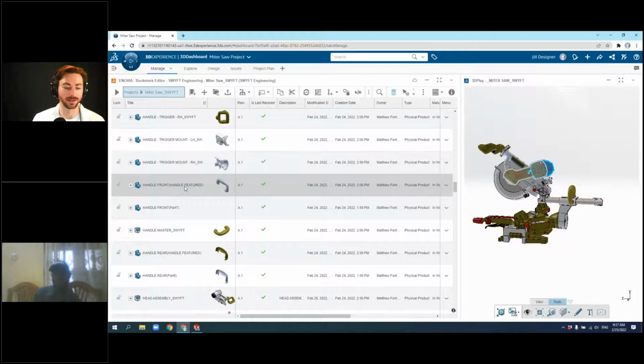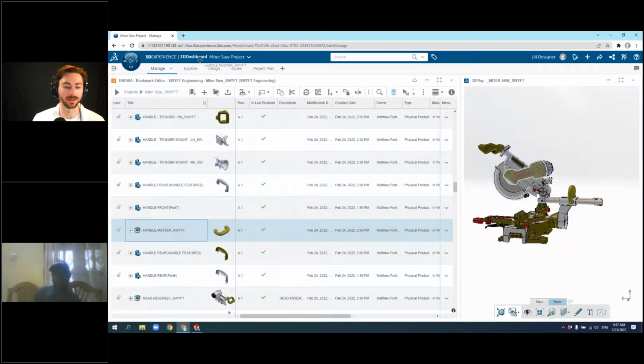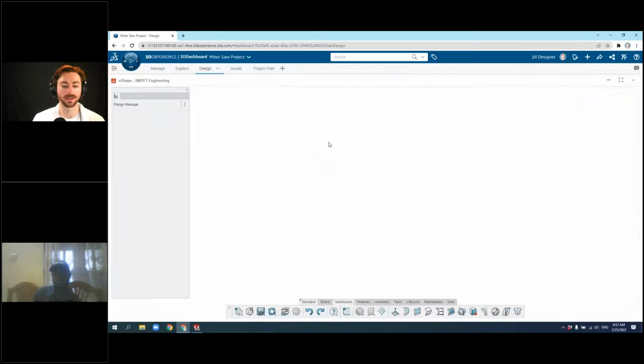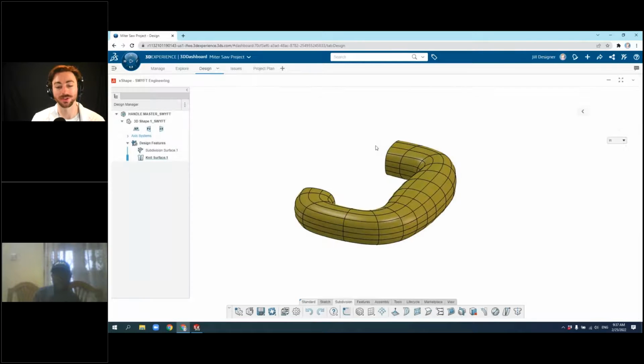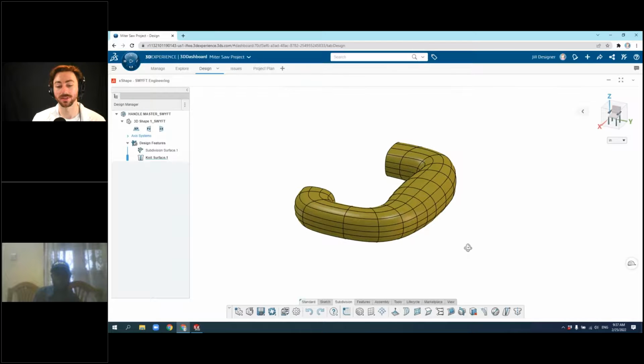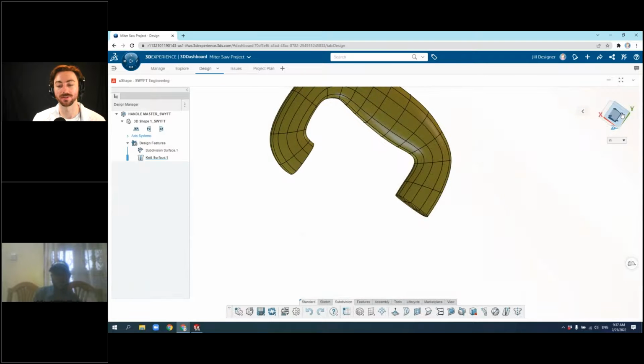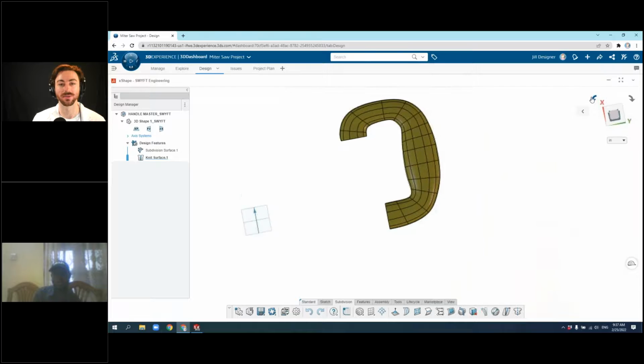So if I jump back to my tab here, let's see, drag this into this app, this will actually open up that part because it was originally created right here in that browser-based app. And this is expanding your capabilities with design capabilities that weren't available to you before. I mean, you have SOLIDWORKS surfacing, but I wouldn't say that's a fundamental skill in SOLIDWORKS that you should start out with necessarily.